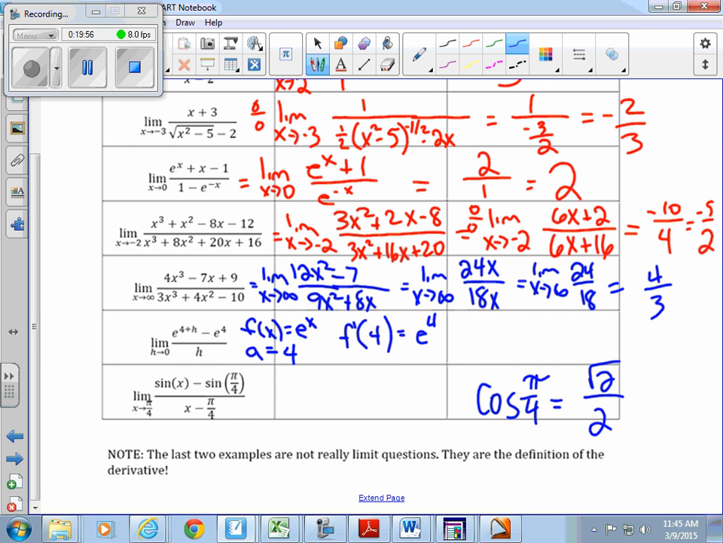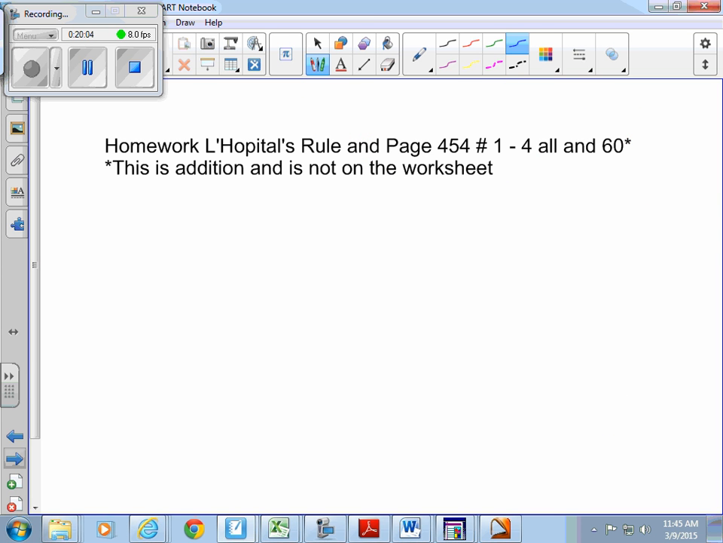Now imagine your people in AB Calculus whose teachers don't teach L'Hopital's. They have to use derivatives in disguise. You have options. Okay, I'm going to pass out the L'Hopital's worksheet, and there's a book page. The book page is written at the top of the homework, but the number 60 is not